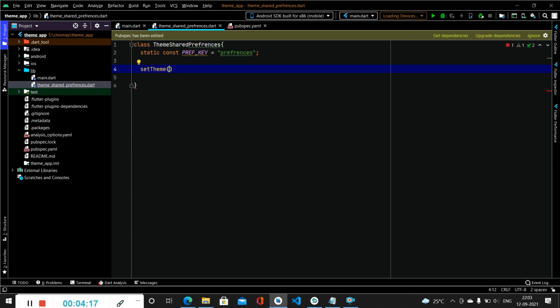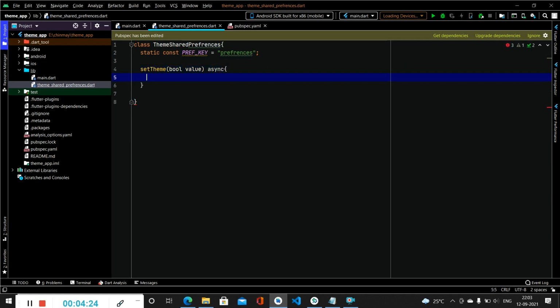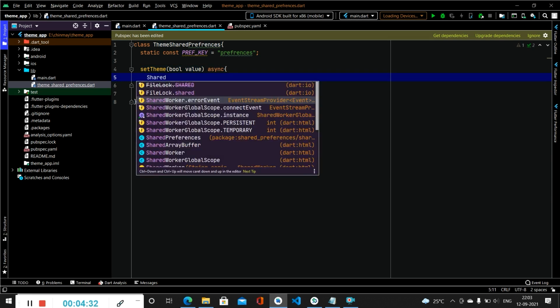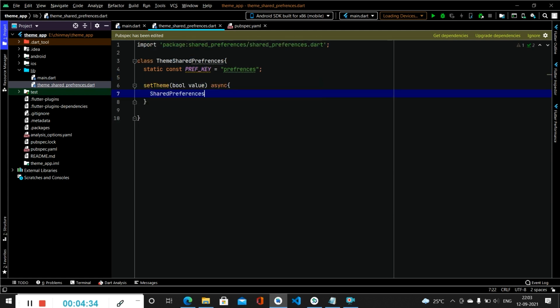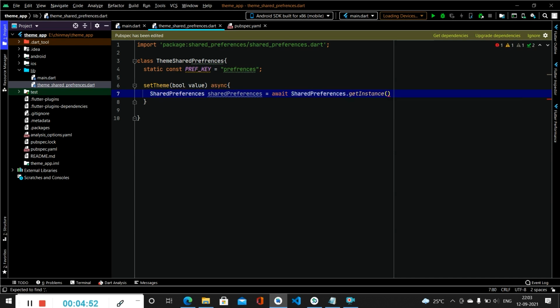This method will be used to set the theme. So inside this we will be specifying a boolean value. Then we have to call shared preferences. We will create a variable for it as shared preferences, and we'll call its instance by using the get instance method.